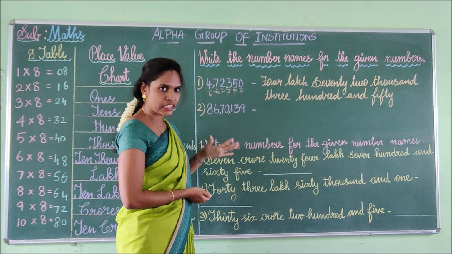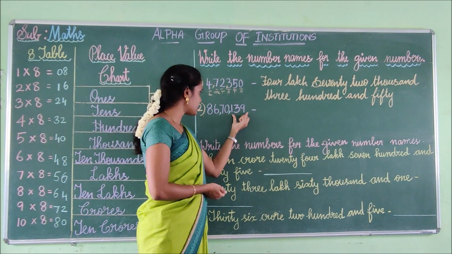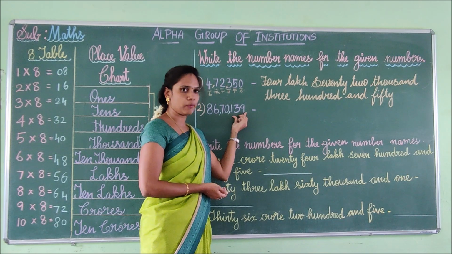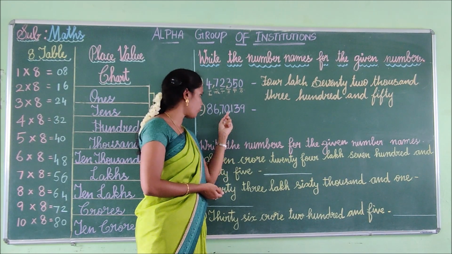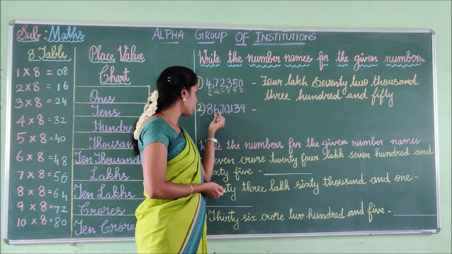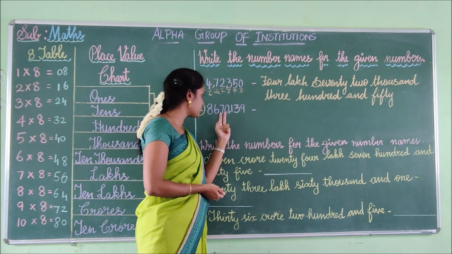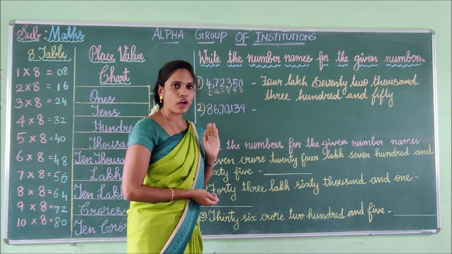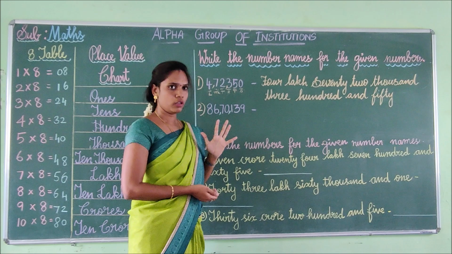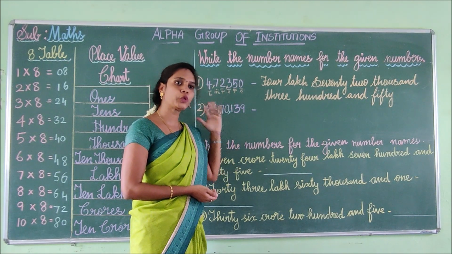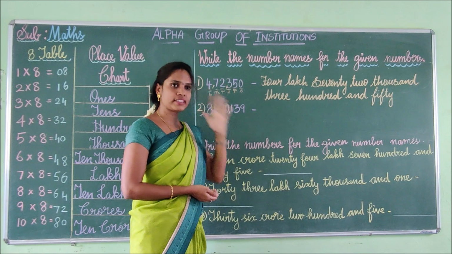As I have said now, you have to first take the last three numbers, that is ones. So before ones you have to put a comma. Next thousands, before 1,000 you have to put a comma. That is two numbers, and then you have two numbers. Like this you have to split the numbers, children. Last only three numbers, and then all the rest you have to split two numbers. Always keep that in your mind.